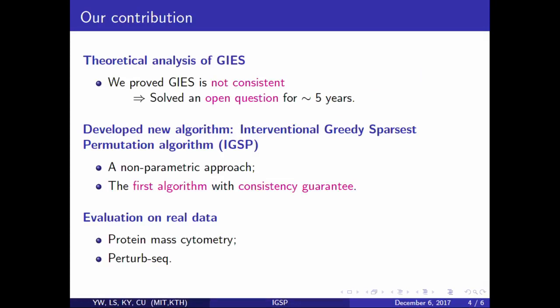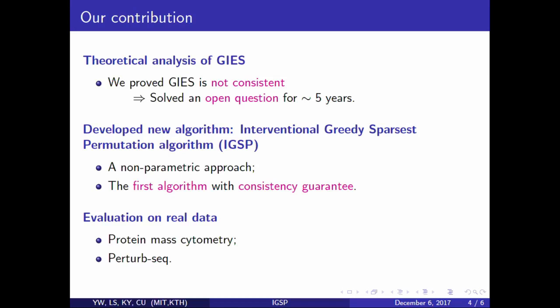Our contribution in this project is mainly threefold. First, we have proven that GIES is not consistent. Or in other words, we have proven that even with an infinite amount of data, GIES is not guaranteed to output the true causal model. In addition to this, we also developed a new algorithm that could make use of observational